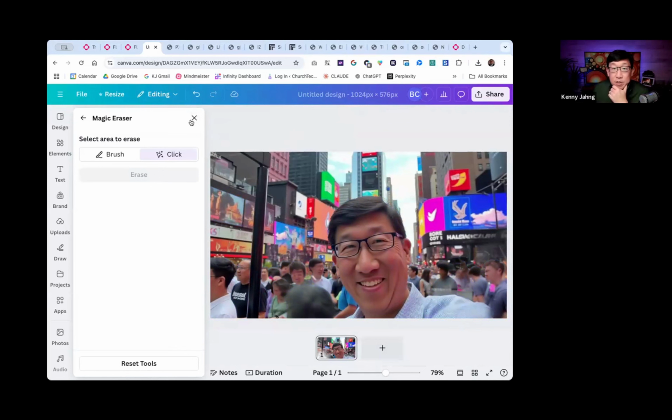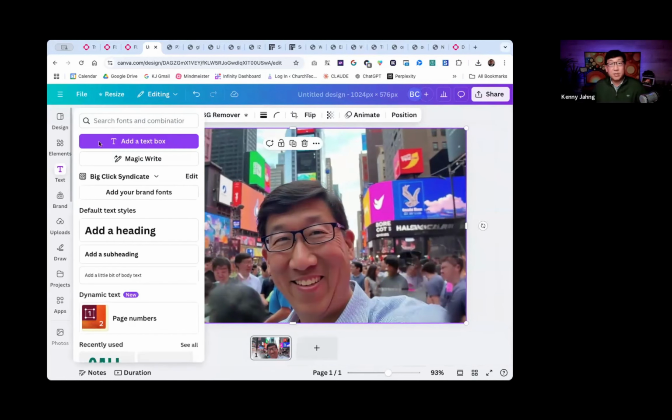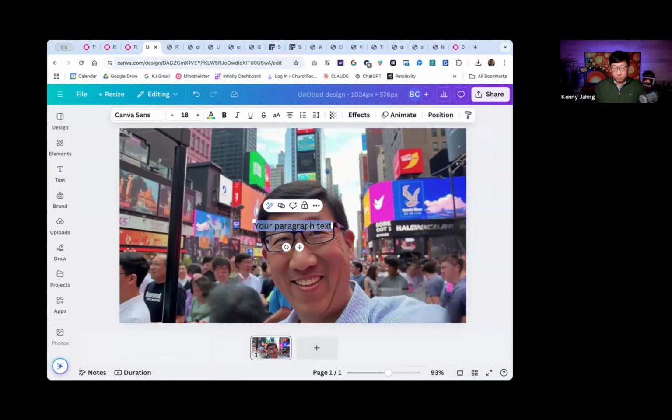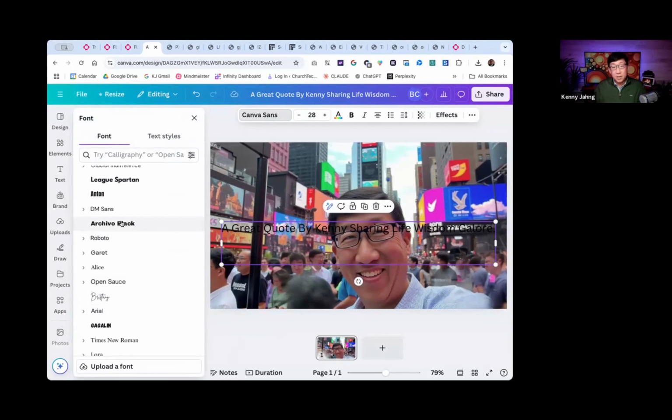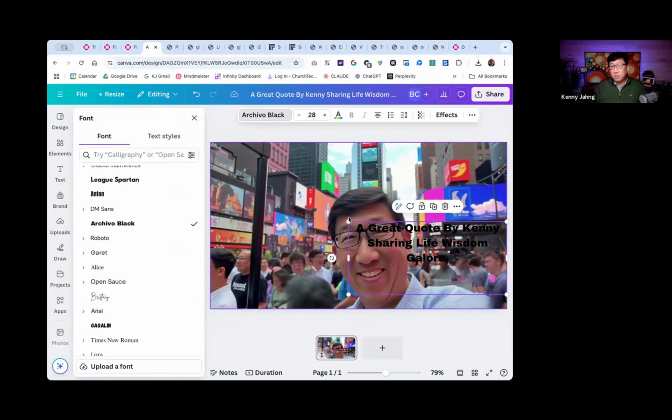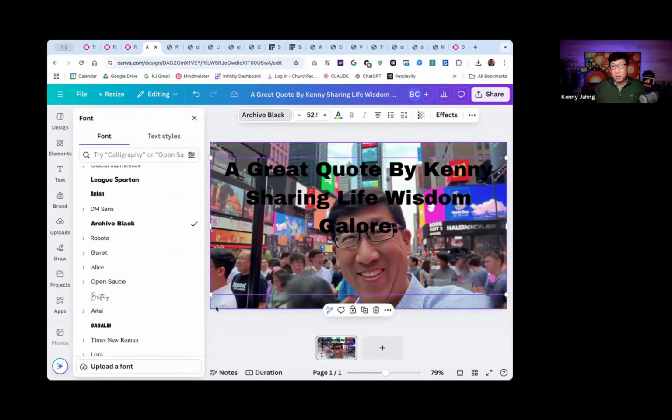So again, if this was something where we did text over image, right? A great quote by Kenny sharing life wisdom galore. Right. I think this in particular is the real use case of this type of image generation. Is that, look, you could do this type of thing where